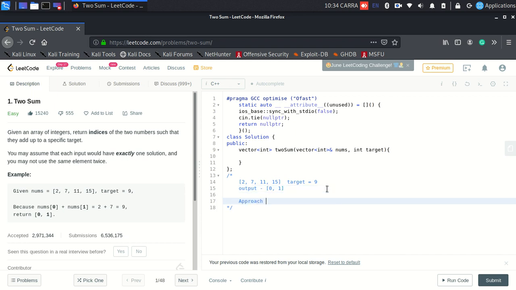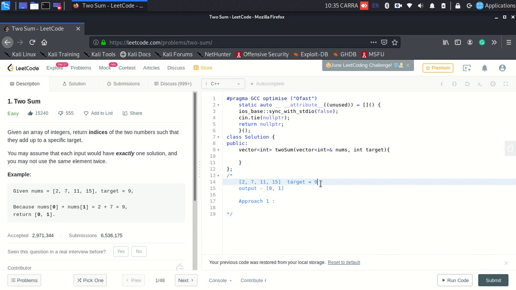So I'll discuss both the approaches. Approach 1 would be a brute force approach. I'll traverse my array from the beginning, consider every pair, and see whether that pair adds up to that particular target or not. If it does, then I'm good to go. I'll take both of the elements' indices, put them into a vector, and return the vector. So I'll start with 2, then in the second loop I'll start with 7. Is 2 plus 7 equal to 9? Yes, it's 9. So I'll break the loop, put 2's index and 7's index in the output vector, and return it.